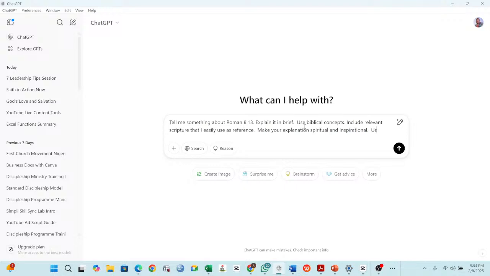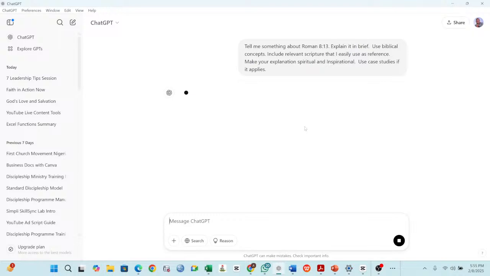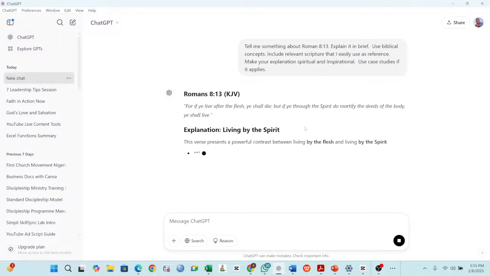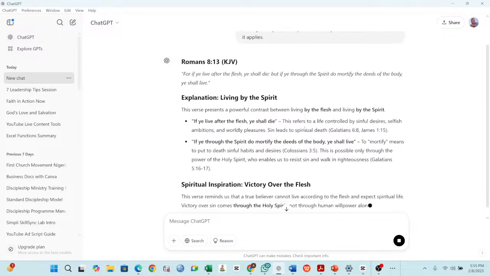Use case studies if it applies. Now, then you say, okay, if you live after the flesh, you shall die. But if you live through the Spirit, you do mortify the deeds of the flesh. Now, explanation, living by the Spirit. It has started